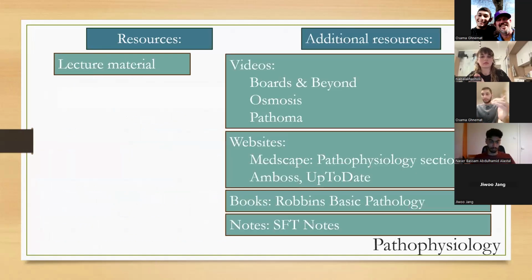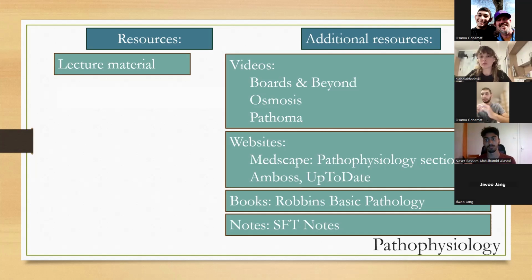Now, what about the resources? Resources wise, lecture material. That's what I want to tell you. Just lecture material, stick to the lecture material, memorize the lecture material as best as possible. If you do not understand, and that's understandable, because the lecture material is written in a literature form, like it's